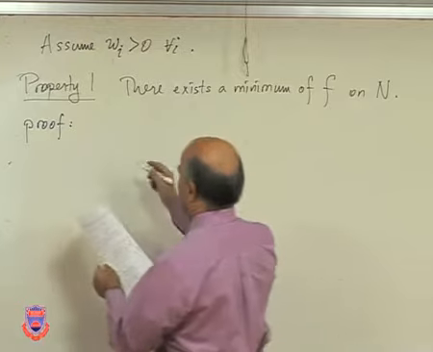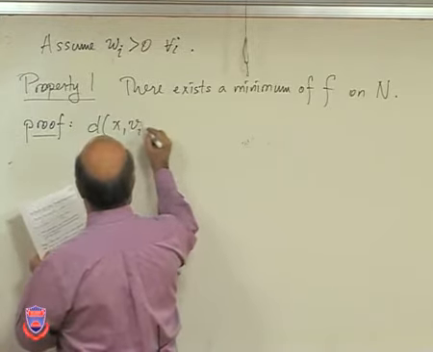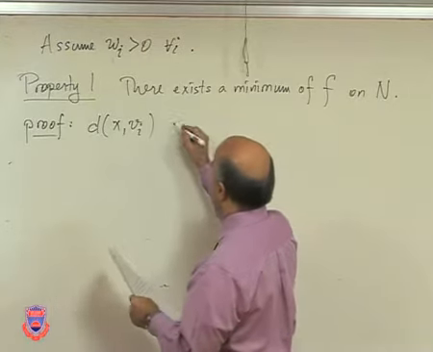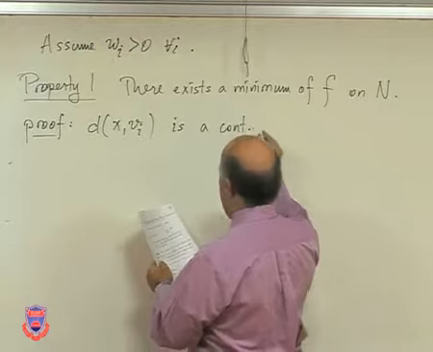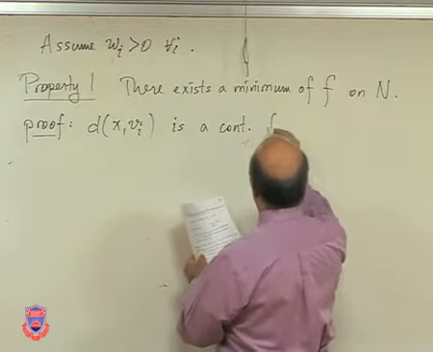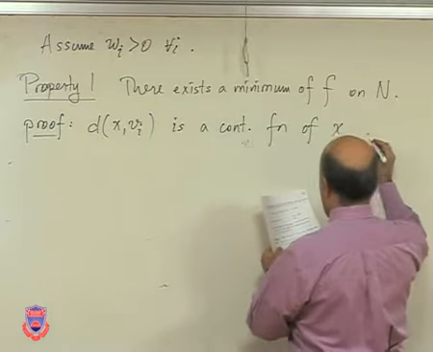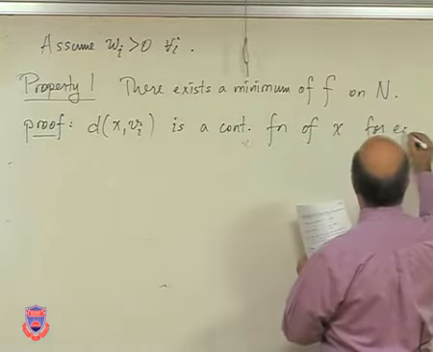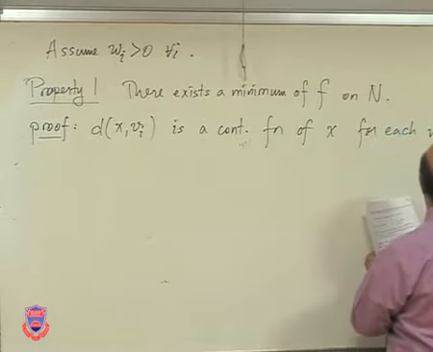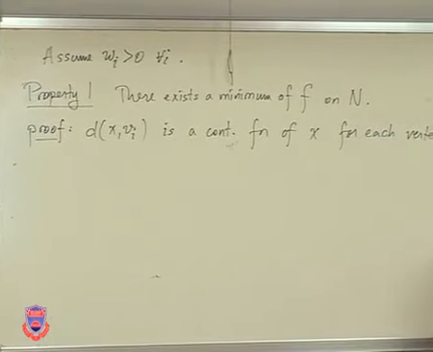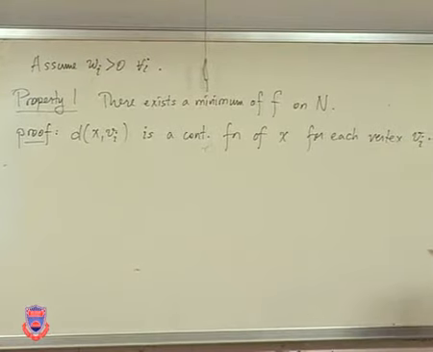The reason why this is true is because the function d(x, vi) is a continuous function of x for each vertex vi. So each term in the maximum is a continuous function,